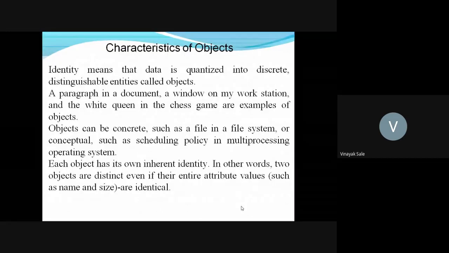Identity means that the data is quantized into different distinguishable entities called objects. Examples we are giving: a paragraph in a document, a window on my workstation, or a white queen in a chess game are examples of objects.